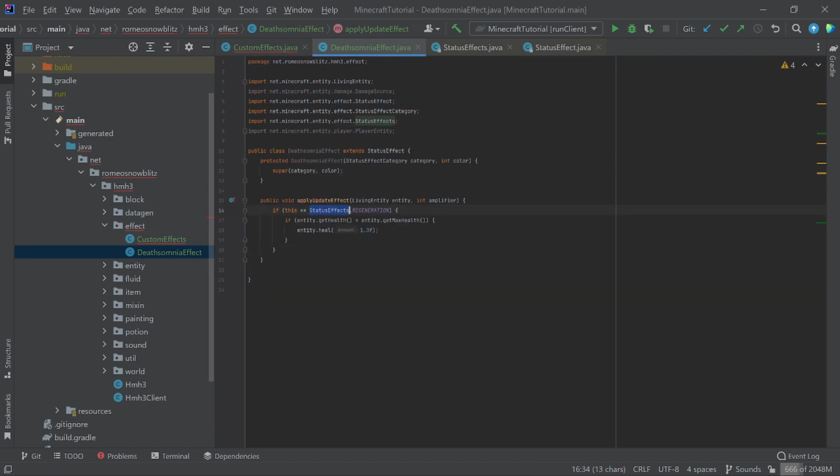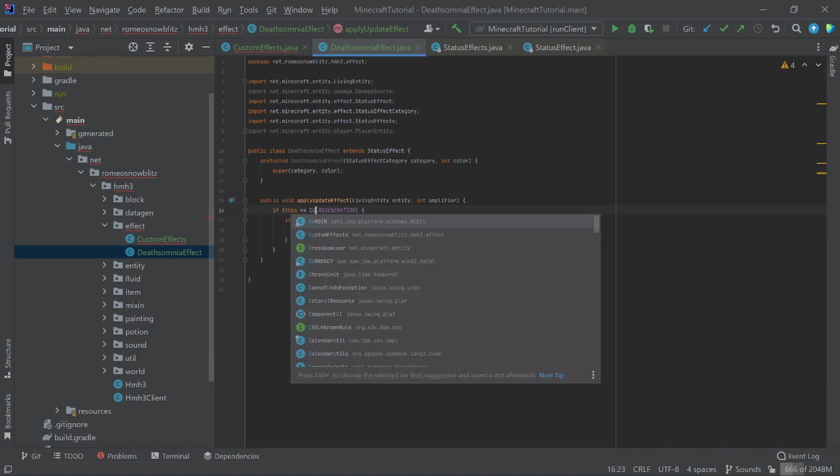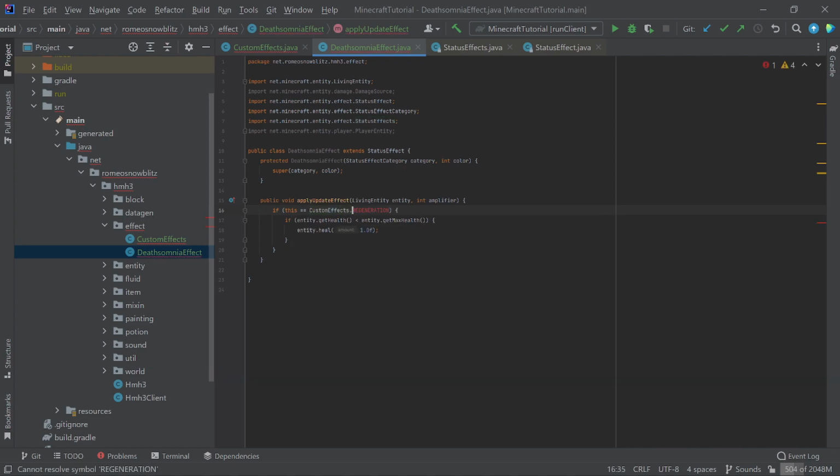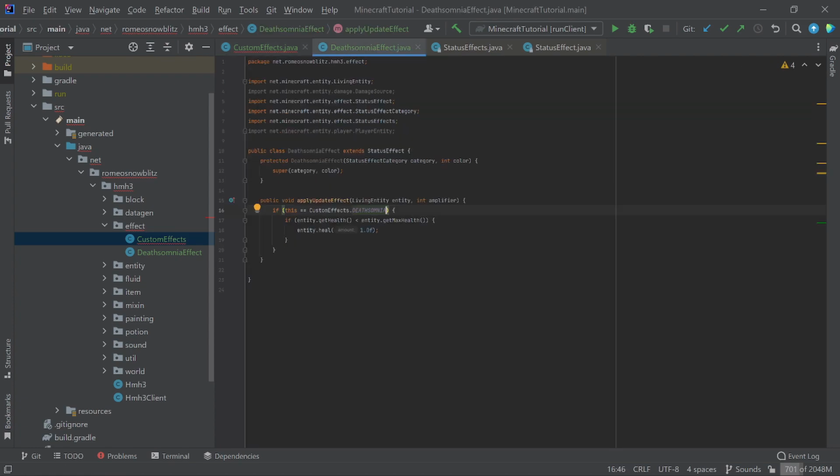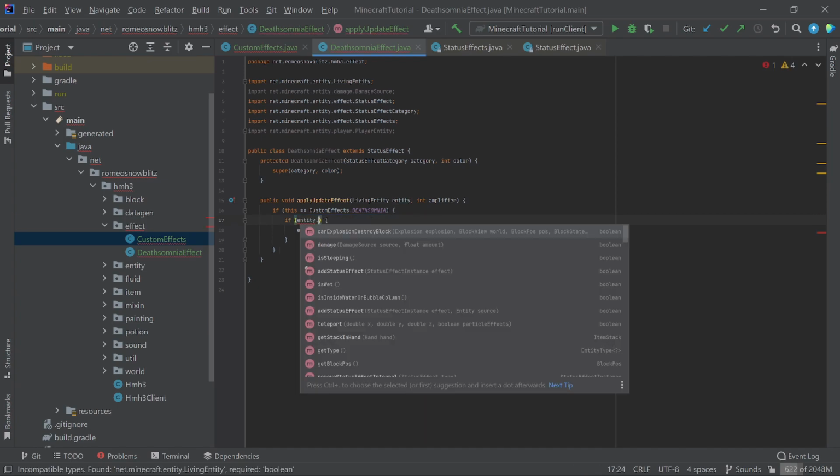Let's change status effects to custom effects and change this to the Deathsomnia effect. And it is being registered, even though it doesn't do anything, but it's going to grab it from here. And now it's basically saying if, and it's going to do the same thing as regeneration. And from here, remember, I said I want to kill it when it's sleeping. So first, let's try and get, if I say entity dot, and let's say is,